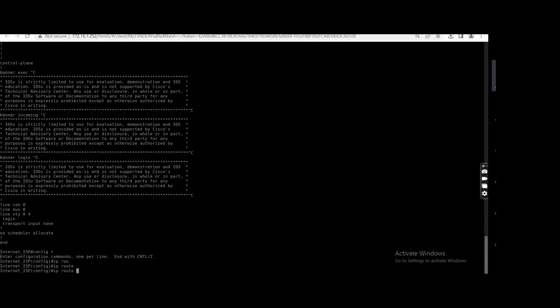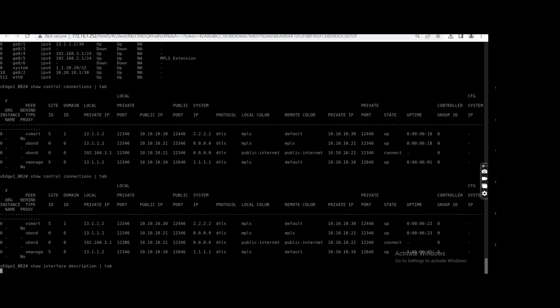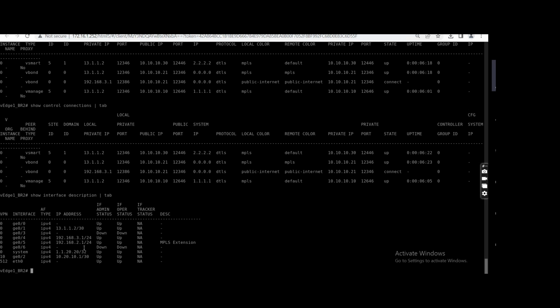Which IP are we using in this one? I'm using show interface description pipe tab. I'm using 192.168.2.0, 3.14 internet. Okay, so for 3.1